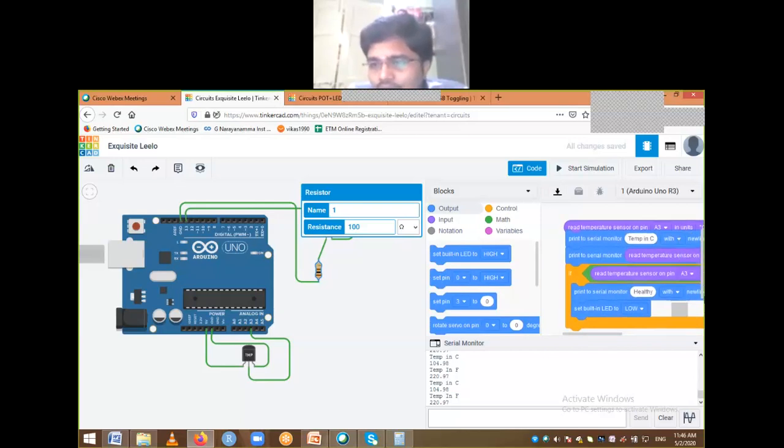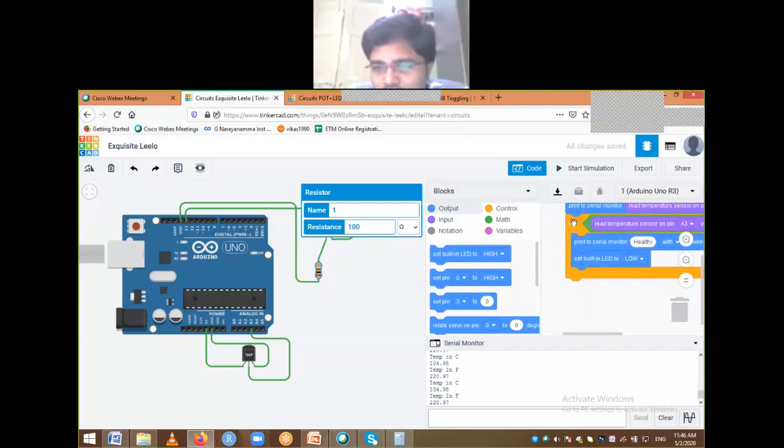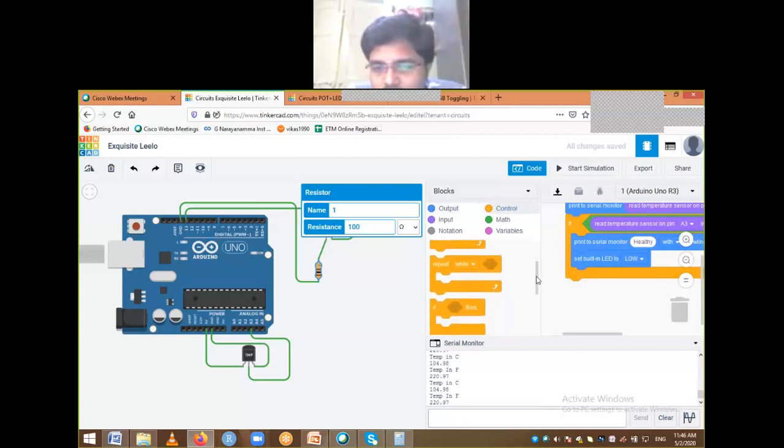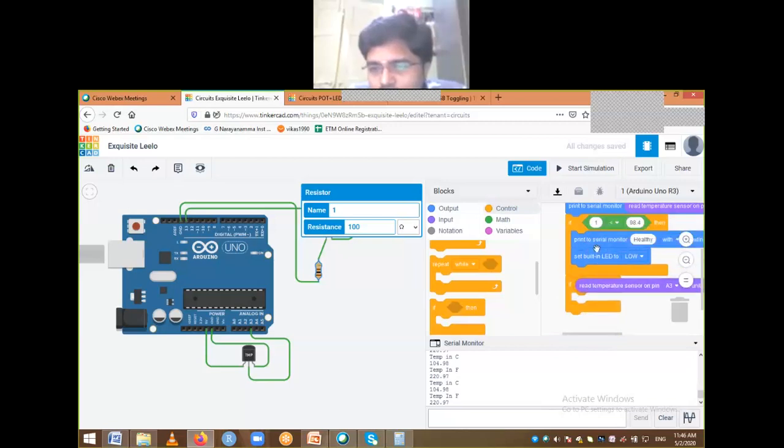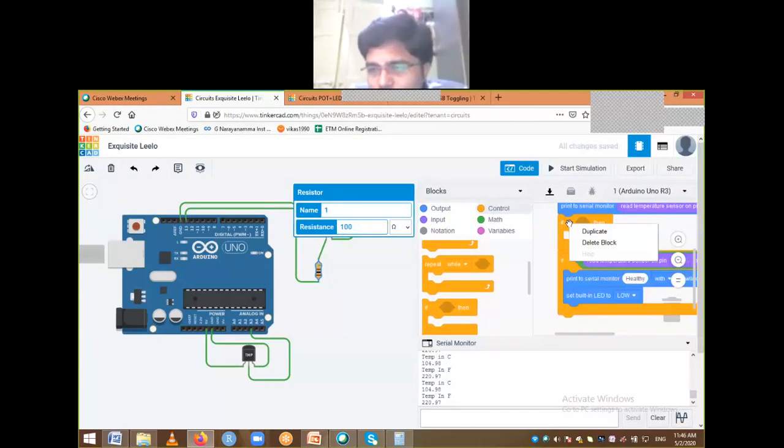I just need to have an if-then condition here. Earlier I just considered an if condition, but I need to have if and then condition. Both I need to have. That's the reason I'm making this modification. This if thing, we need to remove that.